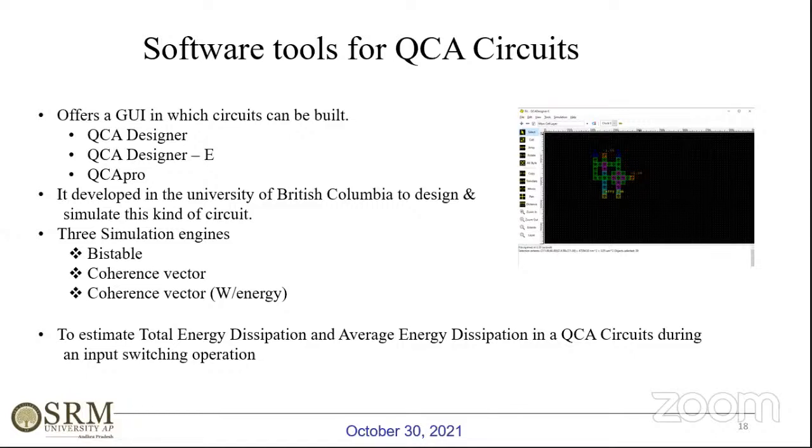Only when we run the circuit using the coherent vector engine setup will it generate the energy dissipation. In bistable and coherent vector, it takes 2 lakh samples and runs, so the execution time is more and more. But in bistable, we give the number of iterations, and based on that it gives the execution. It is a very fast simulation engine, with very little execution time. To estimate total energy dissipation and